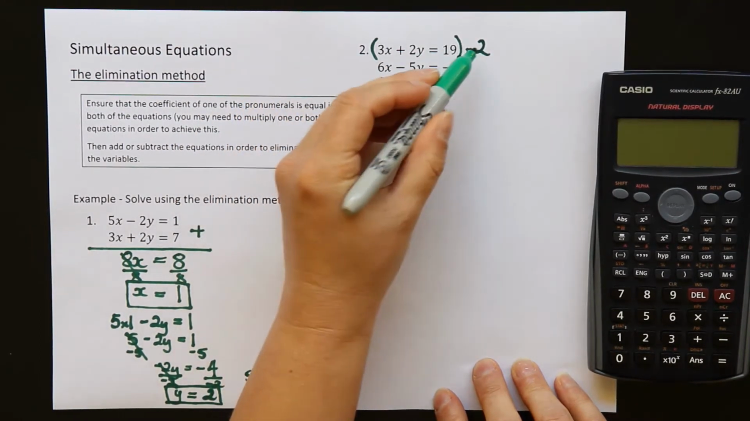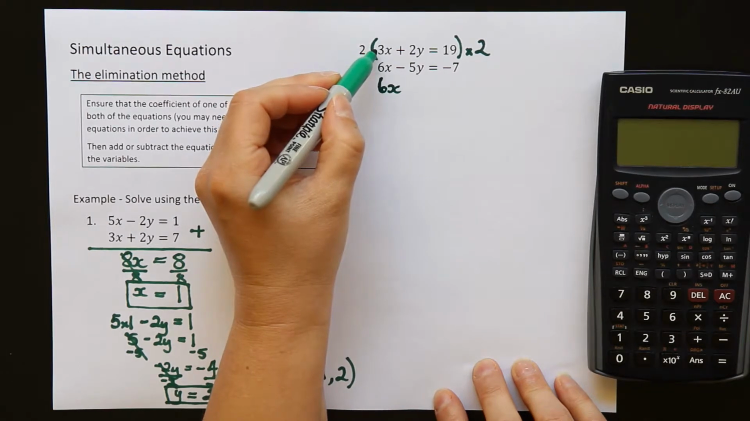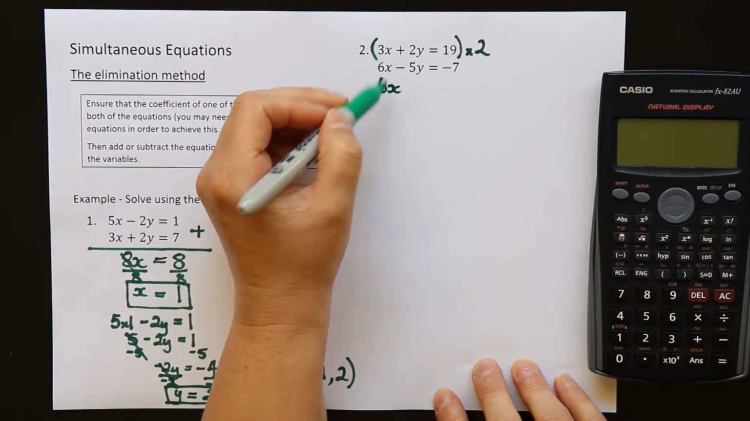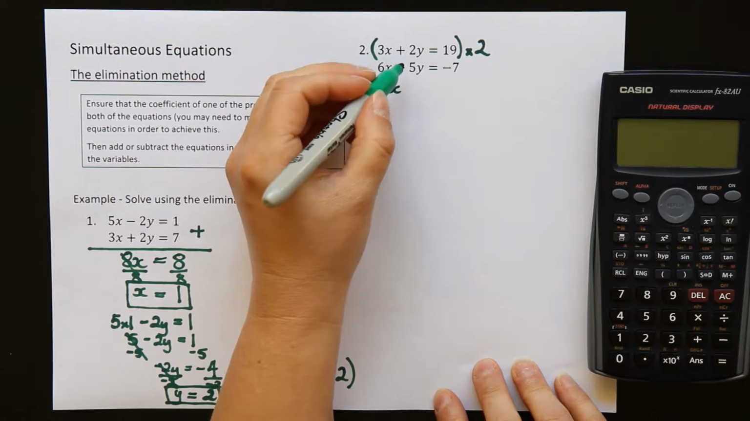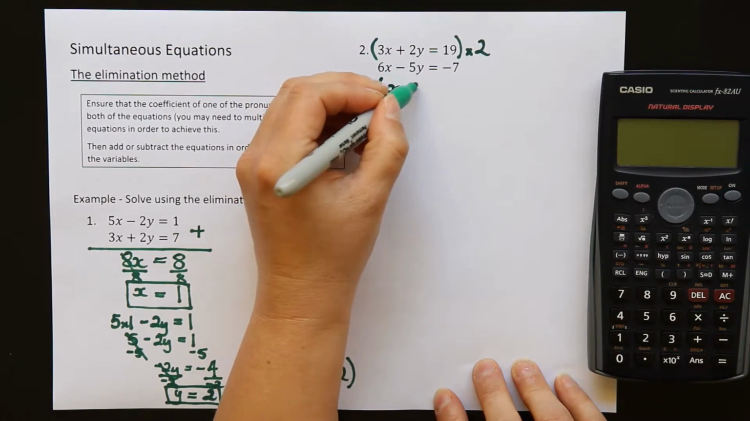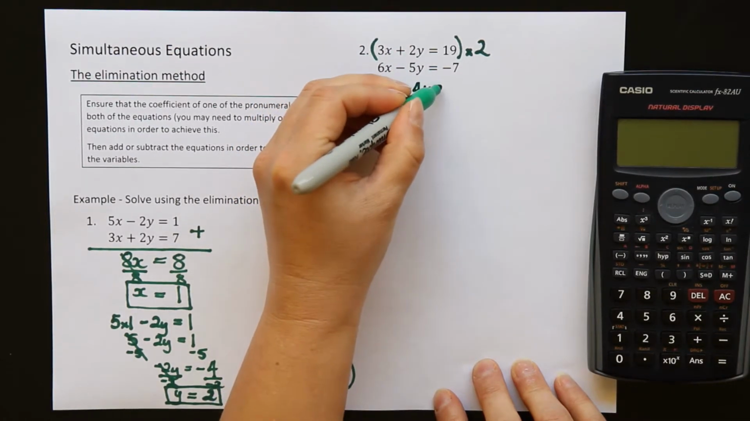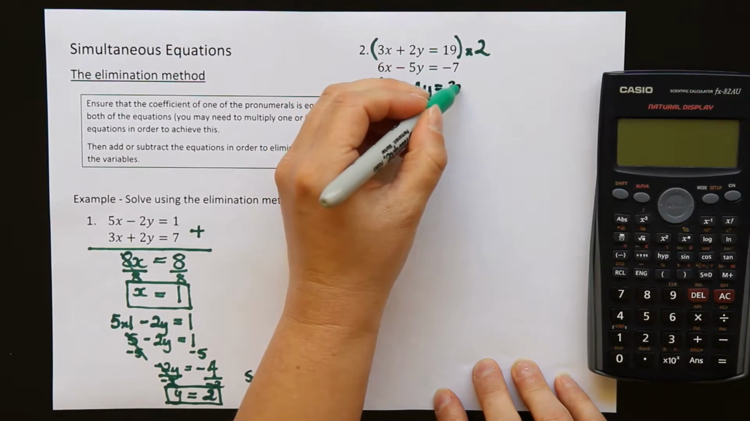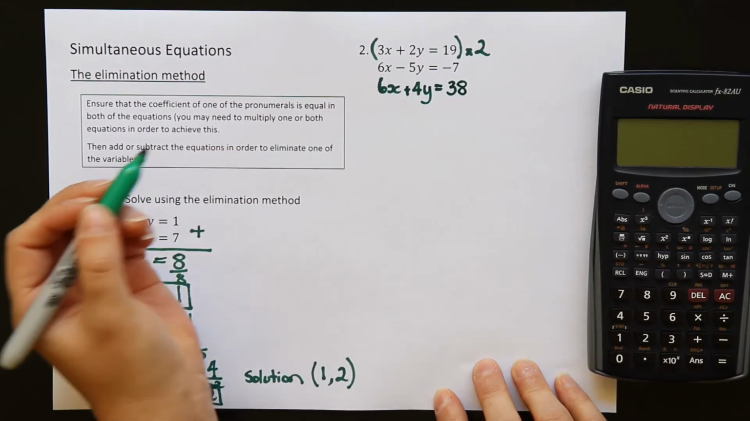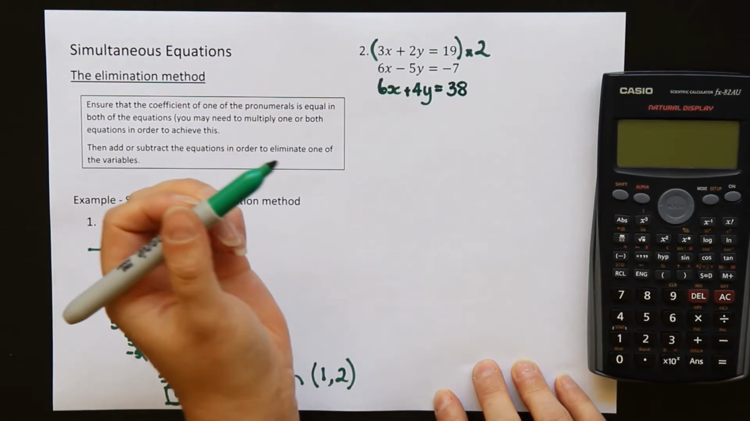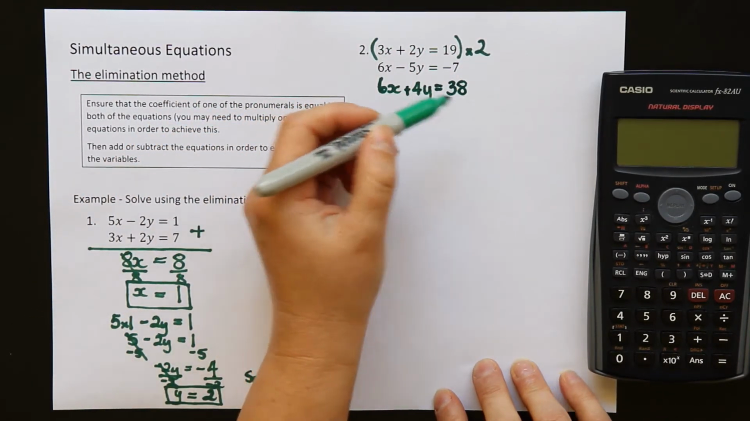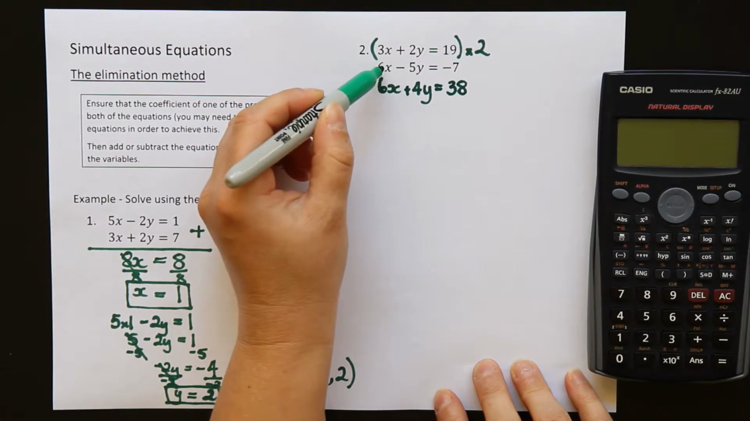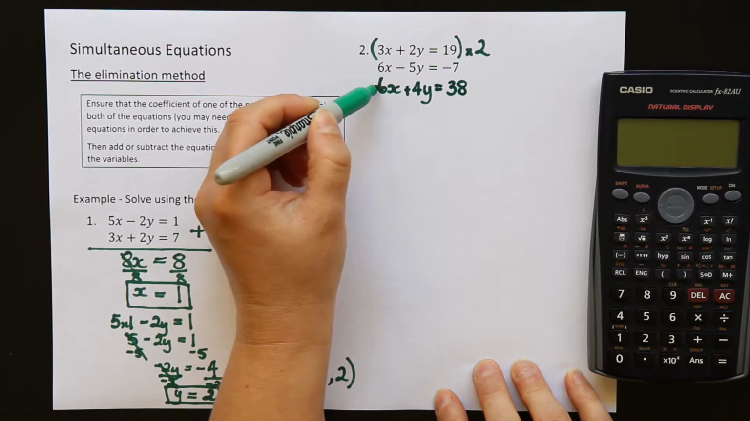I'm just writing this equation down again, multiplying by 2. So 3x times 2 is 6x, 2y times 2 is a positive 4y, equals 19 times 2 is 38. Now I'm going to ignore that top equation. I've used that to make this new one. So I'm going to use this equation here and this new one here